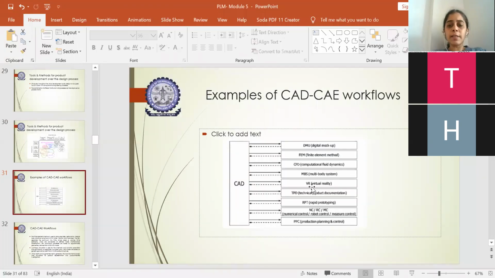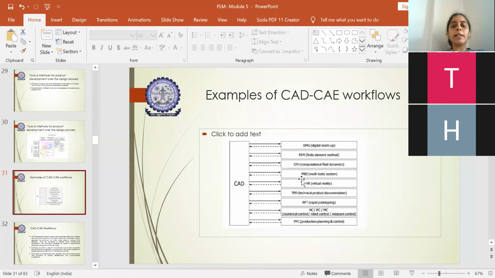Okay, so in this case, when you interlink all this, you will be able to visualize virtually what has been happening. Once you do all this, these will all be connected to a virtual environment where you can figure out and see how it is working, how the design has been created virtually, how it is analyzed, and how the assembly of the part is being taken care of.